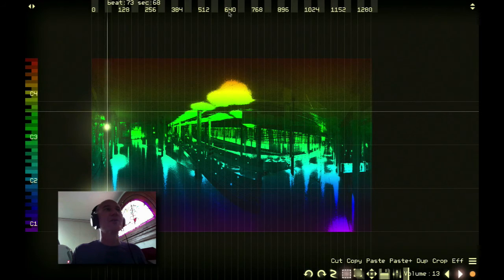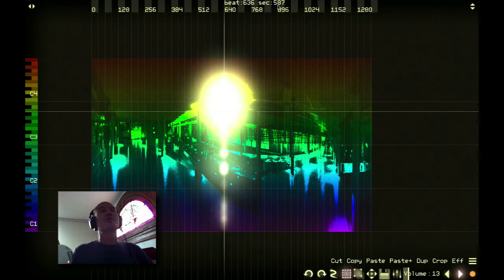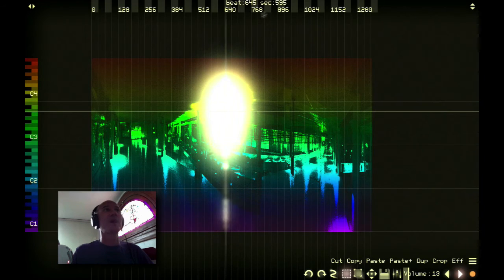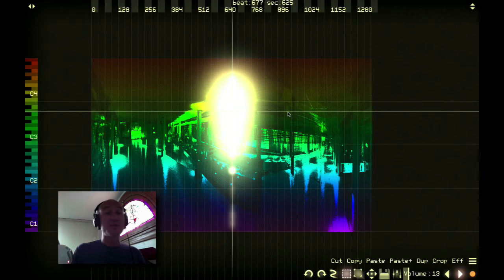Let's jump ahead a little bit. This is going to take a while to play through, so I'm going to see how this middle part sounds. It's showing us at the top the number of beats and number of seconds that have transpired. So you can see our whole composition now. We're halfway through, and that's 600 seconds. This is going to be a long composition, about 20 minutes. So we can speed this up again,